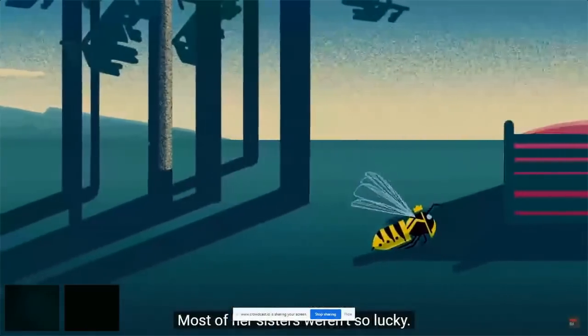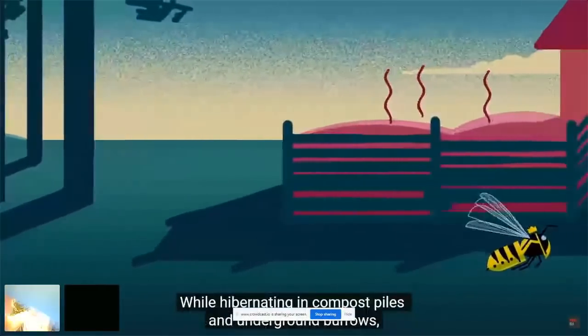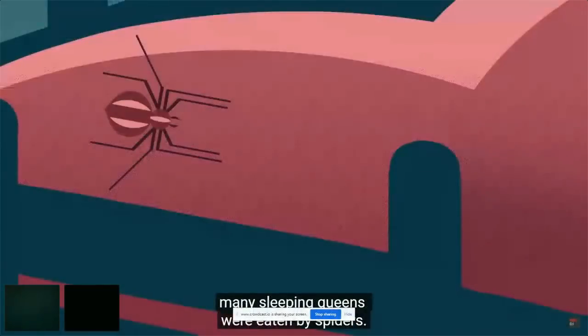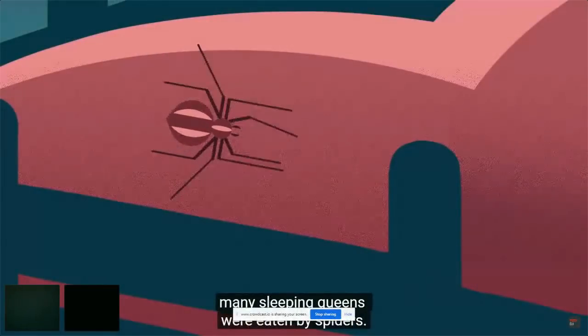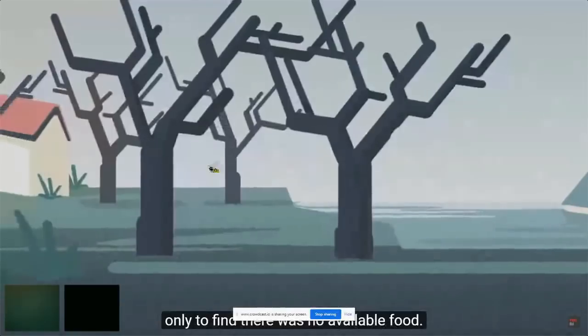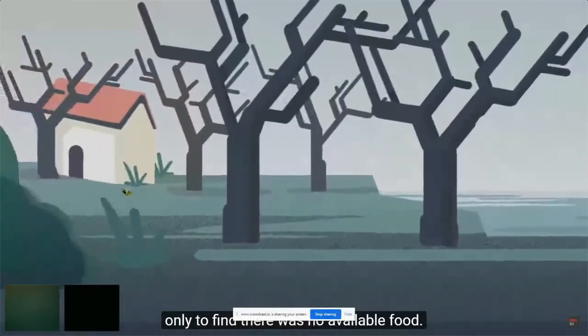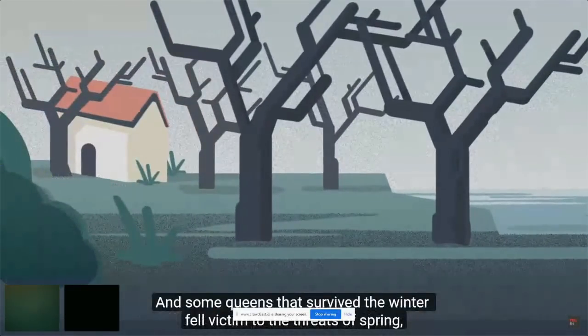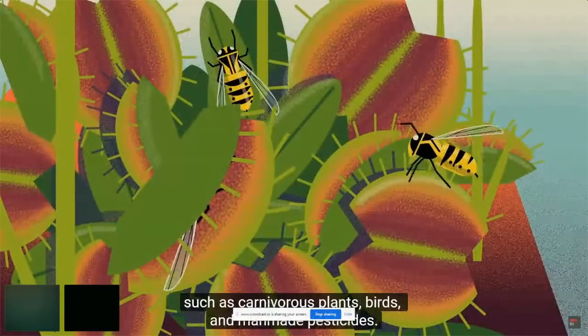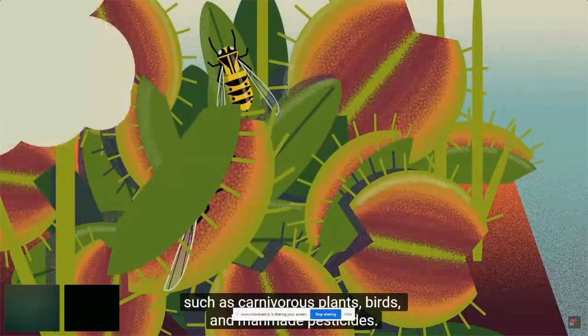Most of her sisters weren't so lucky. While hibernating in compost piles and underground burrows, many sleeping queens were eaten by spiders. Warm winters caused by climate change led other queens to emerge early, only to find there was no available food. Some queens that survived the winter fell victim to the threats of spring, such as carnivorous plants, birds, and man-made